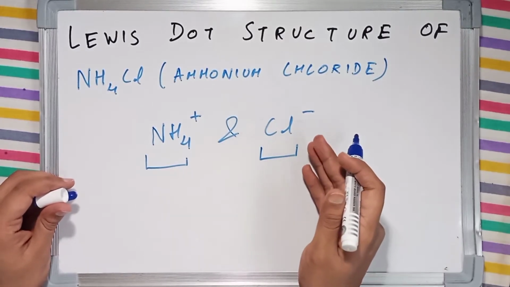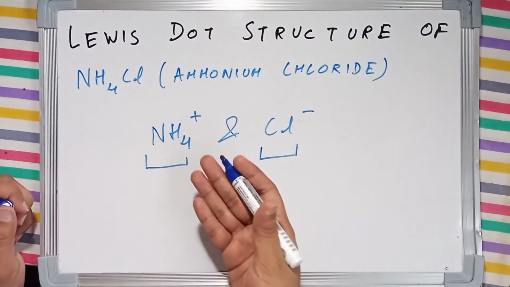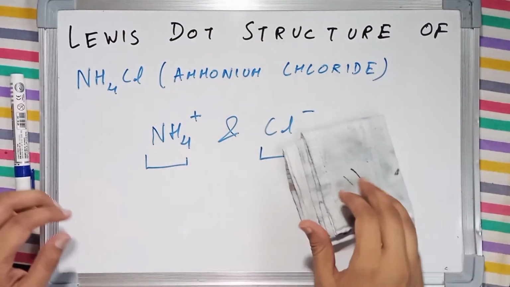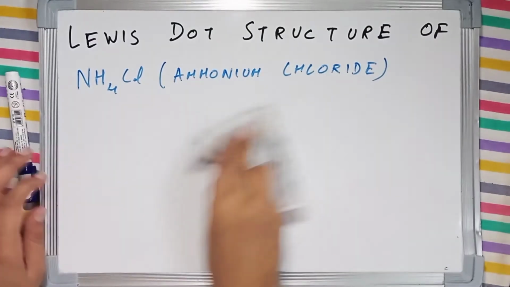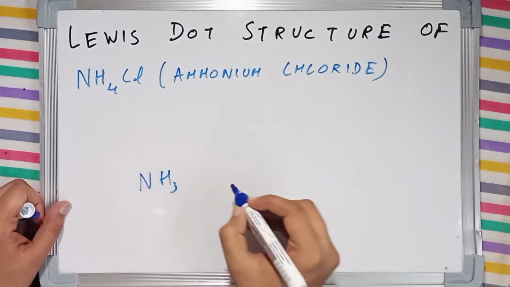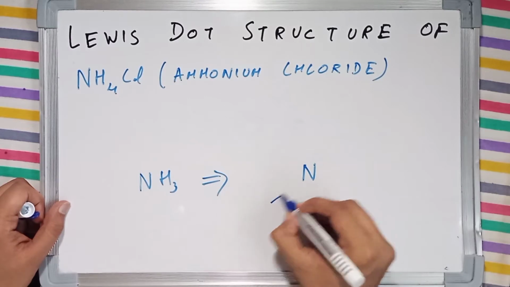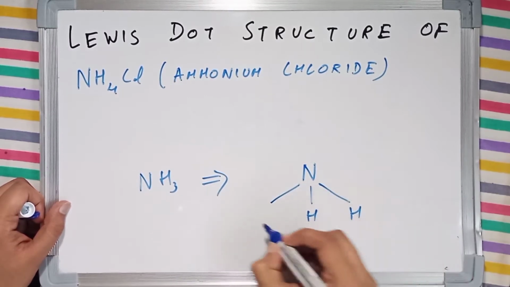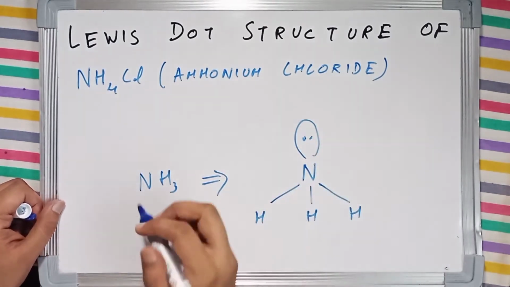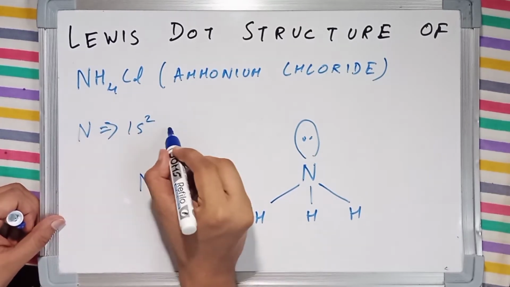Now chloride ion might seem very easy, and obviously it is, but let me show you how NH4+, the ammonium ion, is formed first before getting into the structural part. Okay, so we have got ammonia, which is NH3, and in elaborated form it can be written like this. It has got a lone pair, a single lone pair, because the electronic configuration of nitrogen is 1s2,